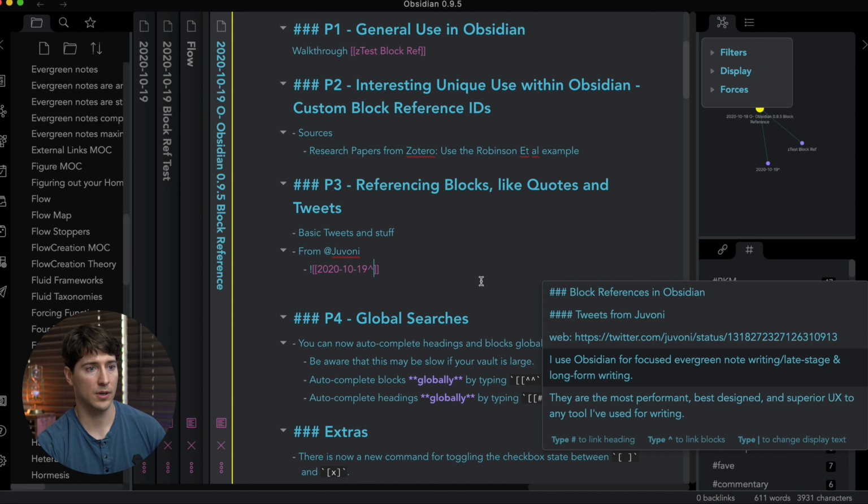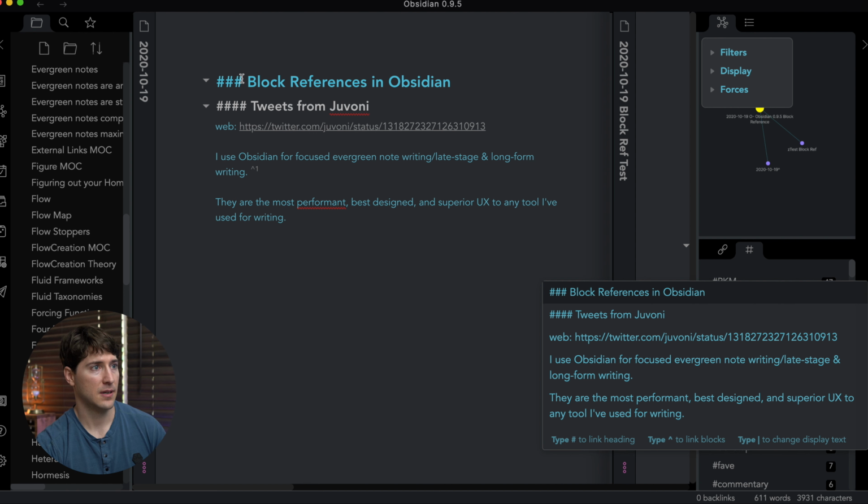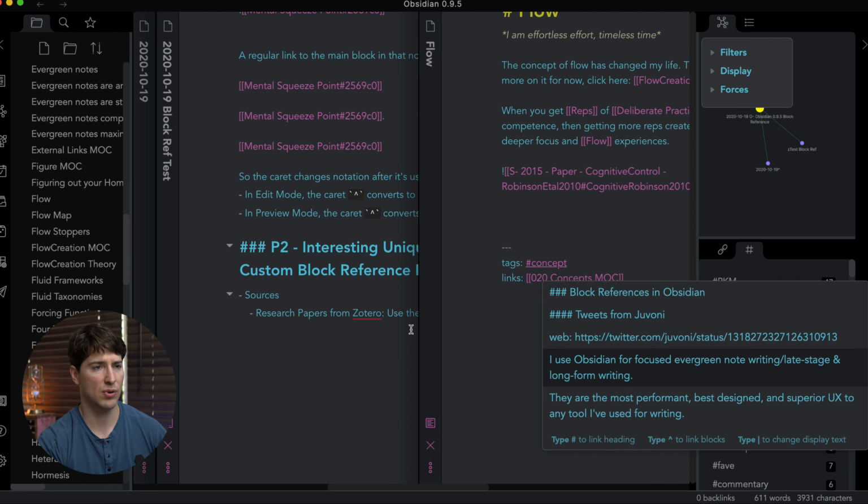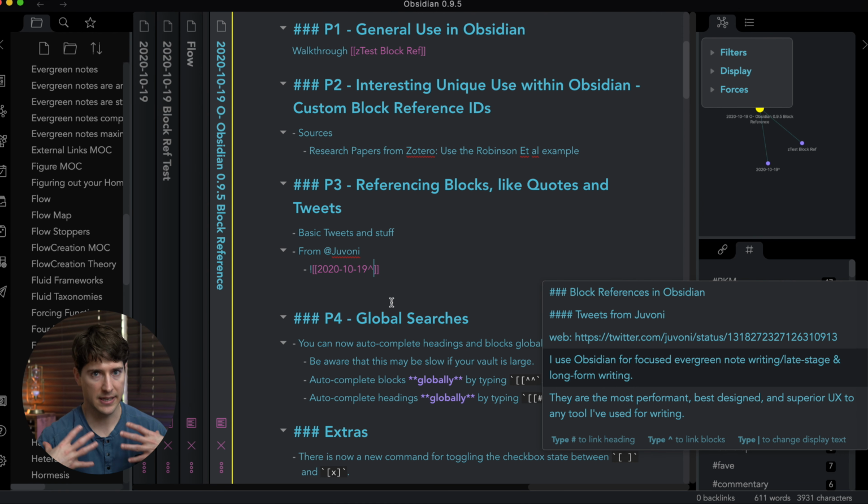So let's just explore what that means. That means this first title block is right here. Then the next one, tweets from Giovanni, is right here. Web, here. I use, and they are. So we're looking at all the blocks. I just think that's kind of interesting and something important to break down slowly so we can digest